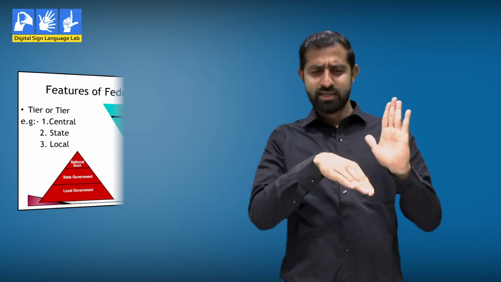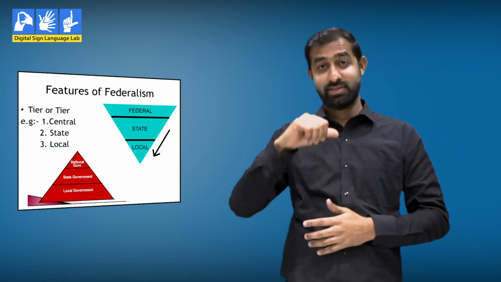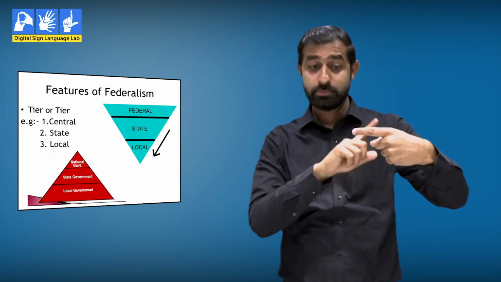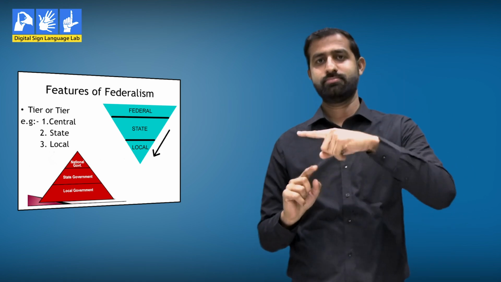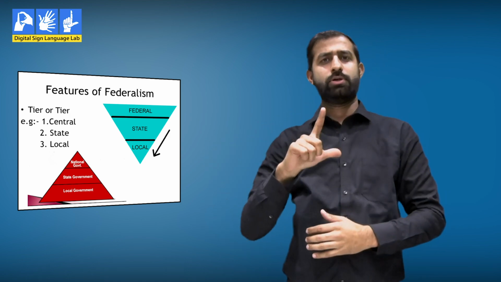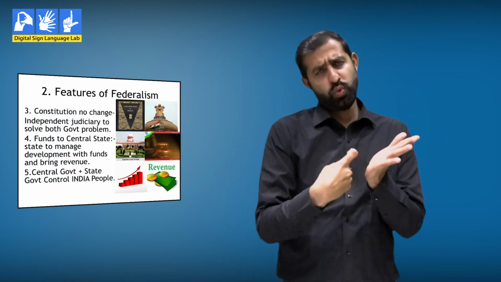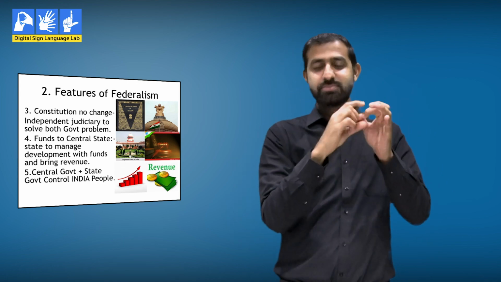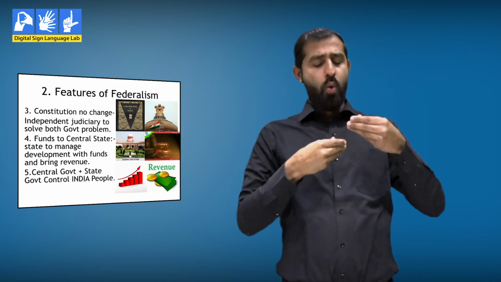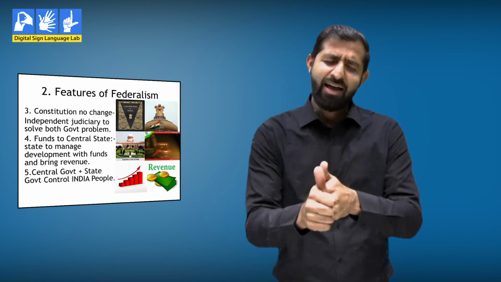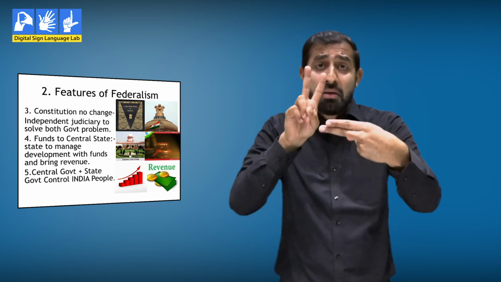Features of federalism. There are various levels within the government. In India, we have the central government. Then we have the state government. And we have a more localized body, which is called the local government. There are fundamental provisions in the Constitution. The central and the state government follow the Constitution in ruling the country. The central government passes on the Constitution to the state government. Both governments cannot make changes to the Constitution.